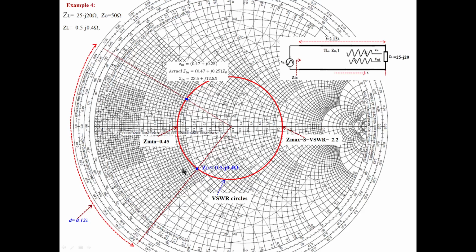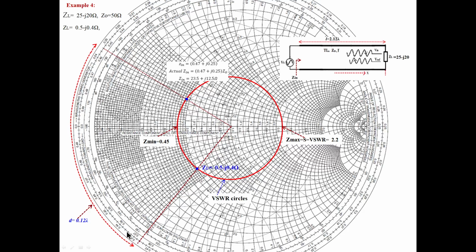0.12 lambda. From here you move 12 divisions. See here, this is the load point. We completed 4 times, rotating 2 lambda on the transmission line, and came somewhere here, but a further 0.12 lambda is left. So what we do is draw a line; it cuts somewhere here on the generator scale.